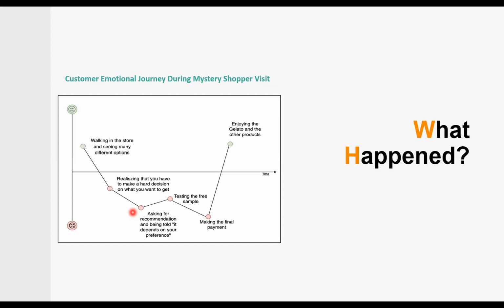We are trying to see if there is any way we could improve the customer journey. The most ideal way is to make everything above the line. So throughout the whole journey, from tasting to the experience to paying and everything, they should be happy. That's the most ideal one. But based on this customer journey, what are the things that we can improve in the customer emotional journey in the gelato shop using design thinking and innovation analytics? Okay.